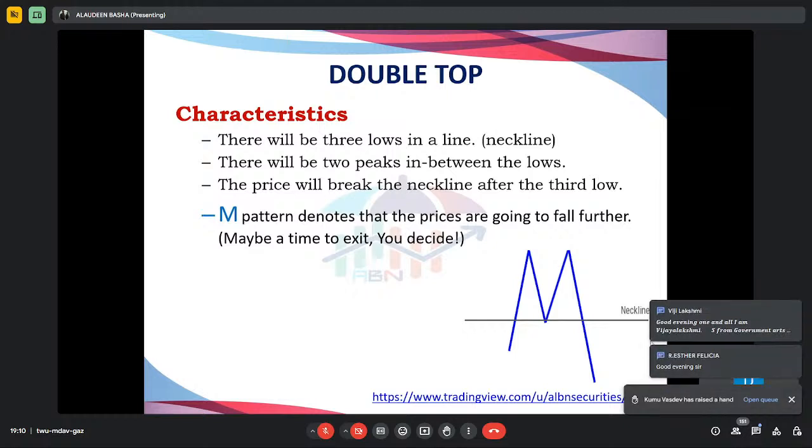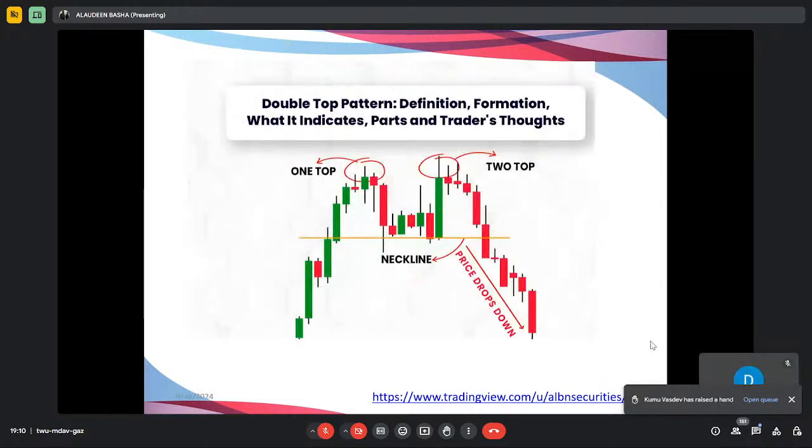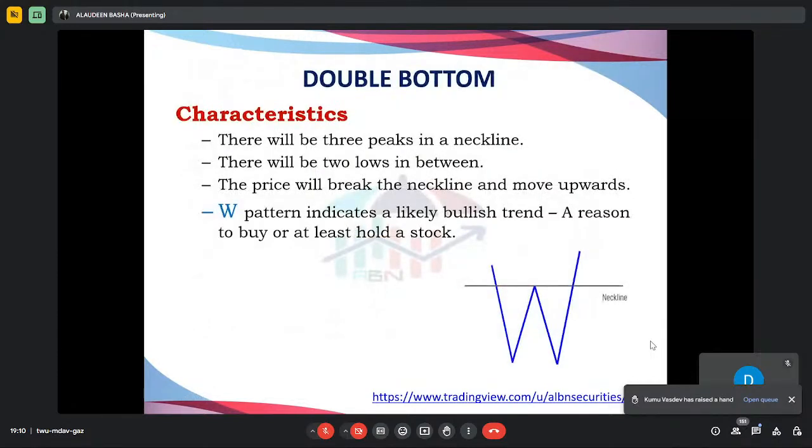First, we discuss the double top. What is meant by double top? Double top is nothing but the same value being reached once again in a particular different time period. It is called a double top. For example, consider